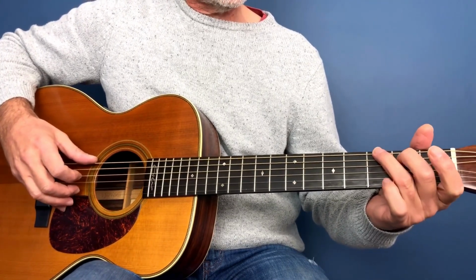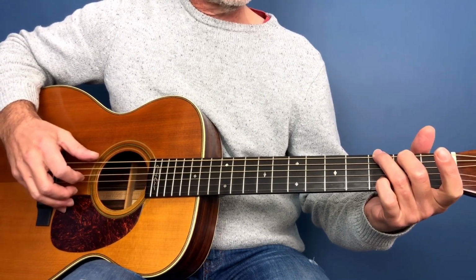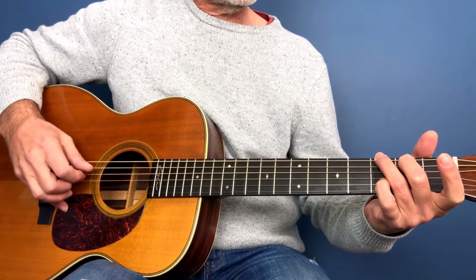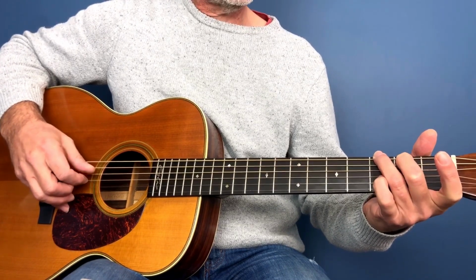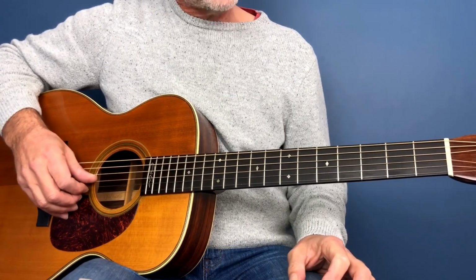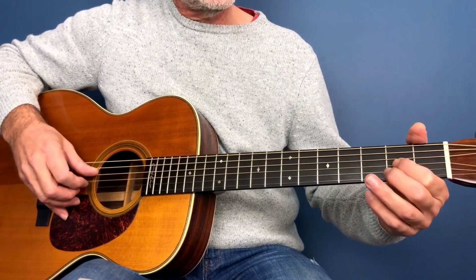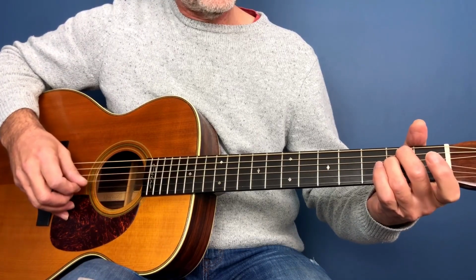Into a G. Pinky down, second string, third fret. Off. On again. Off. And then we have this open B string, hammering on the third string, second fret. Okay, so it's kind of...